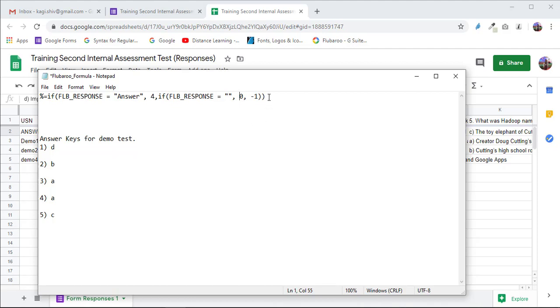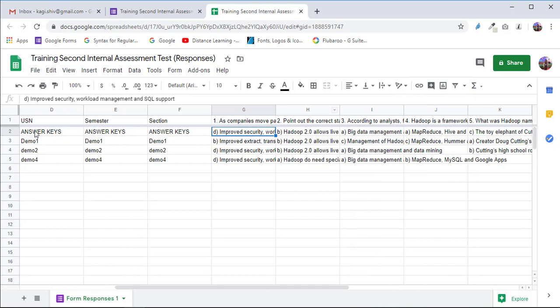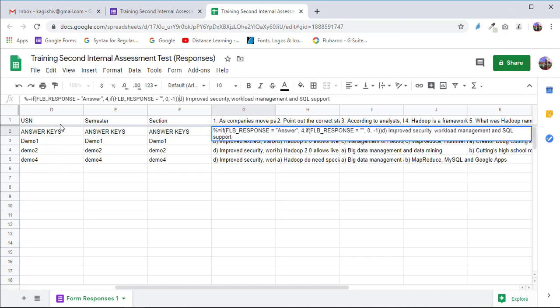So to understand it in a better way, I will do it practically. I will copy this if else statement. In the answer key row, in the first question, just click here, it will show here. Just paste that if else statement here, Control V. Now in the place of answer, you need to fill in the full answer D, including the alphabet D. So I will take it from here, Control X, I will just cut.